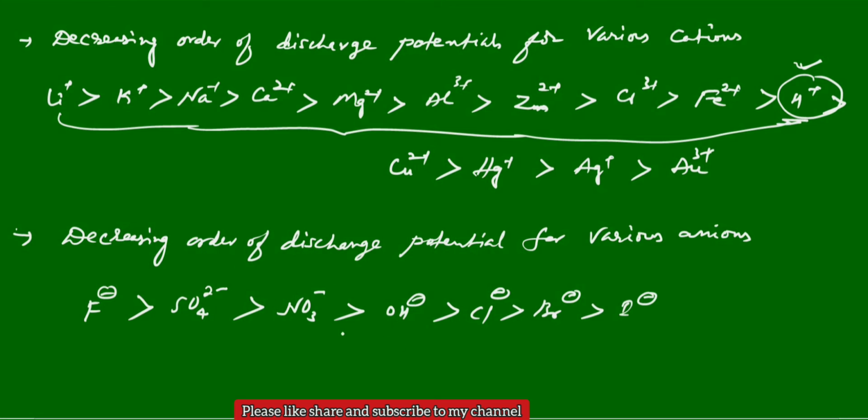If there is a competition between OH minus and sulfate, OH minus can liberate oxygen. And if there is a competition between OH minus and Cl minus, Cl minus can liberate at the anode. Even though these two values may not be correct according to the electrode potential values, due to the overvoltage or overpotential, we will take the values according to the preferential discharge theory. So these are the preferential discharge theories. If you remember these two series, we can easily identify which type of ions can deposit at cathode or anode.